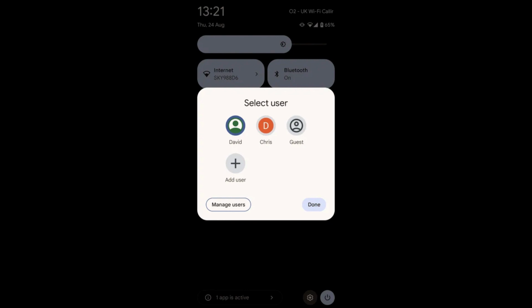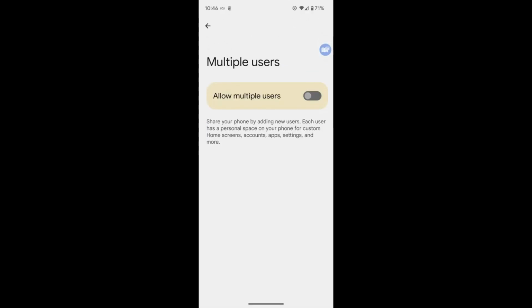First, you need to enable multi-users. Open the settings on your Android device and look for Users and Accounts in the Settings menu. Find and tap on Multiple Users, and toggle the Multiple Users switch to enable it. After enabling, you'll see options like a guest, a temporary guest, or add secondary user, which is a more permanent